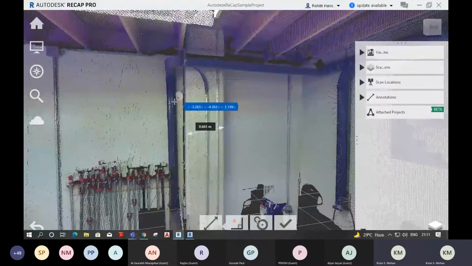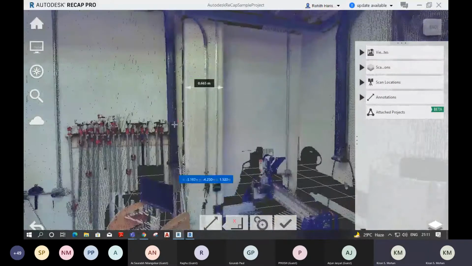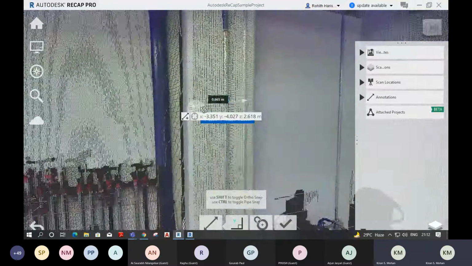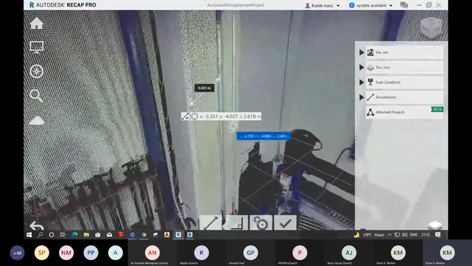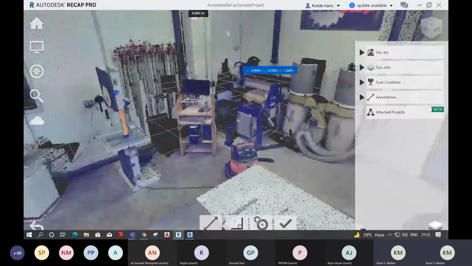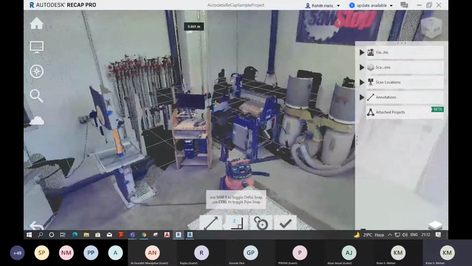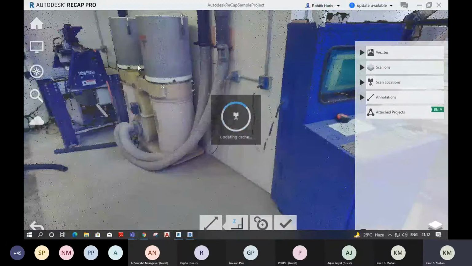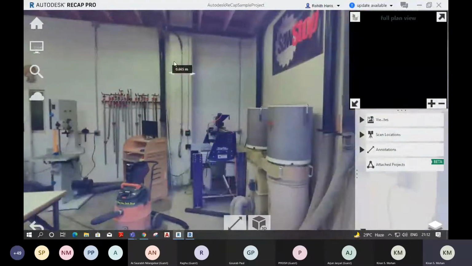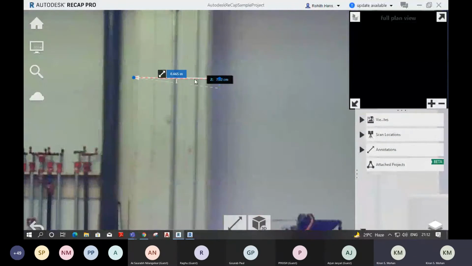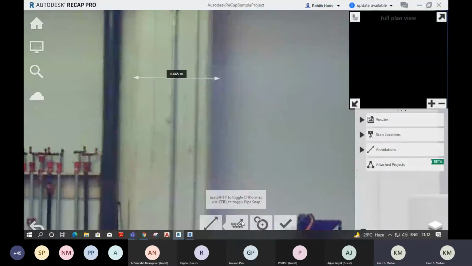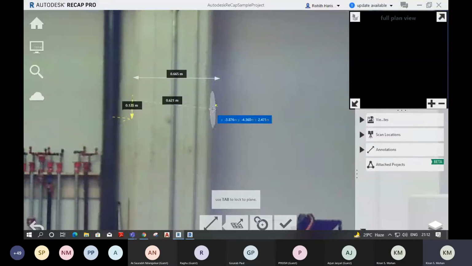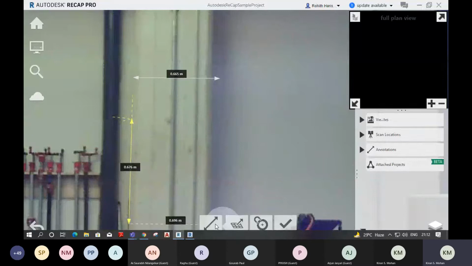Wait, I'll go to the image. We didn't select the exact point. That's why. Still, it's showing 620, 638 or something.